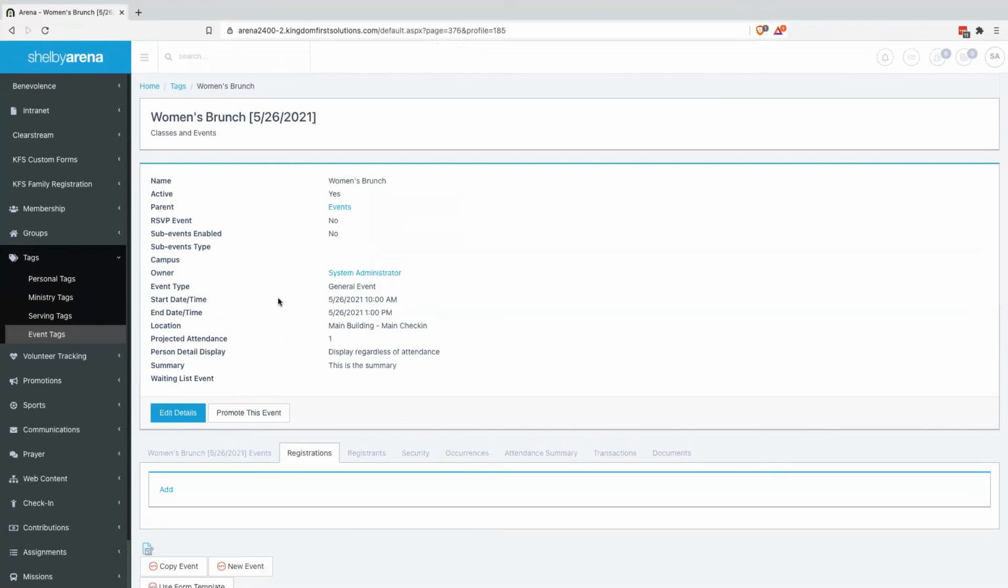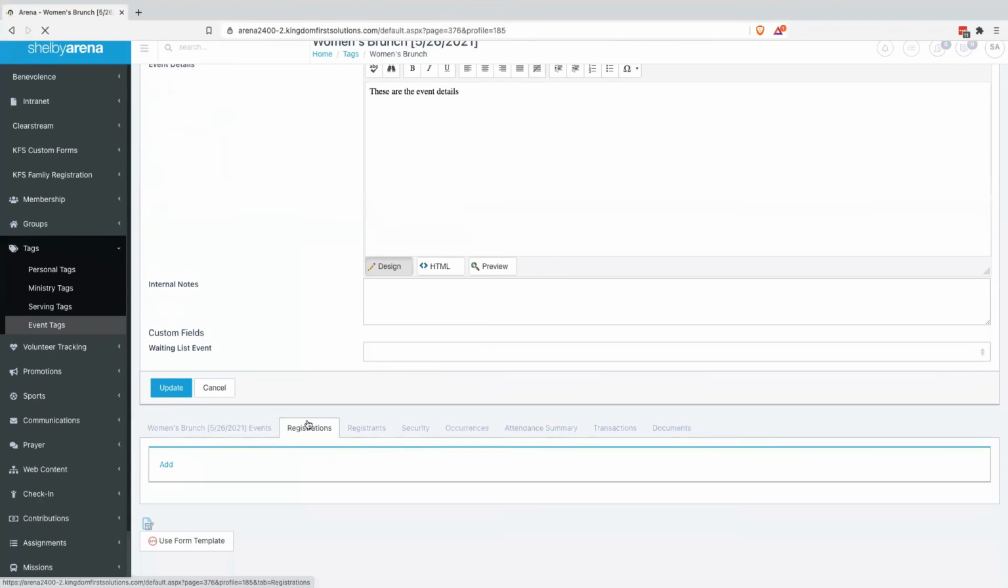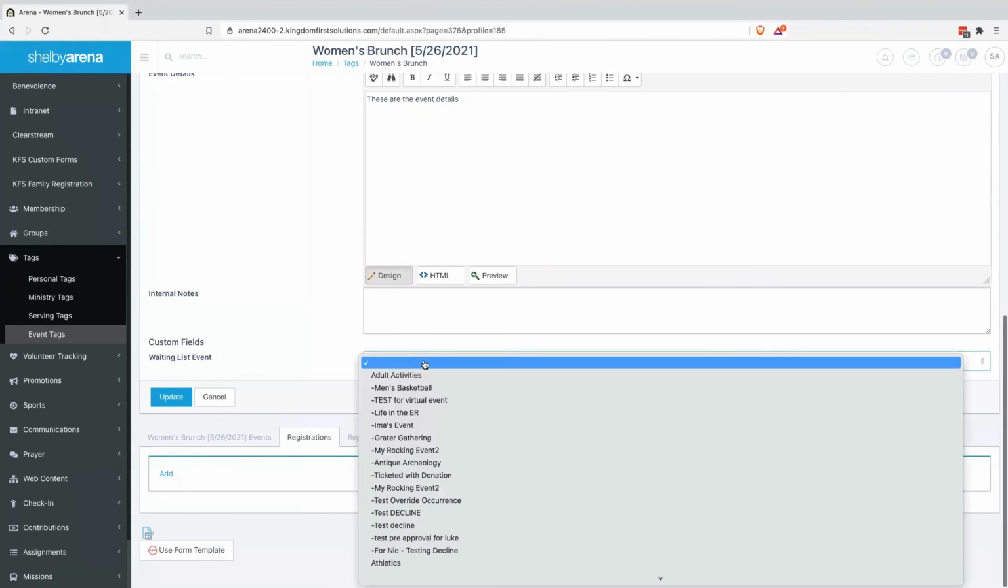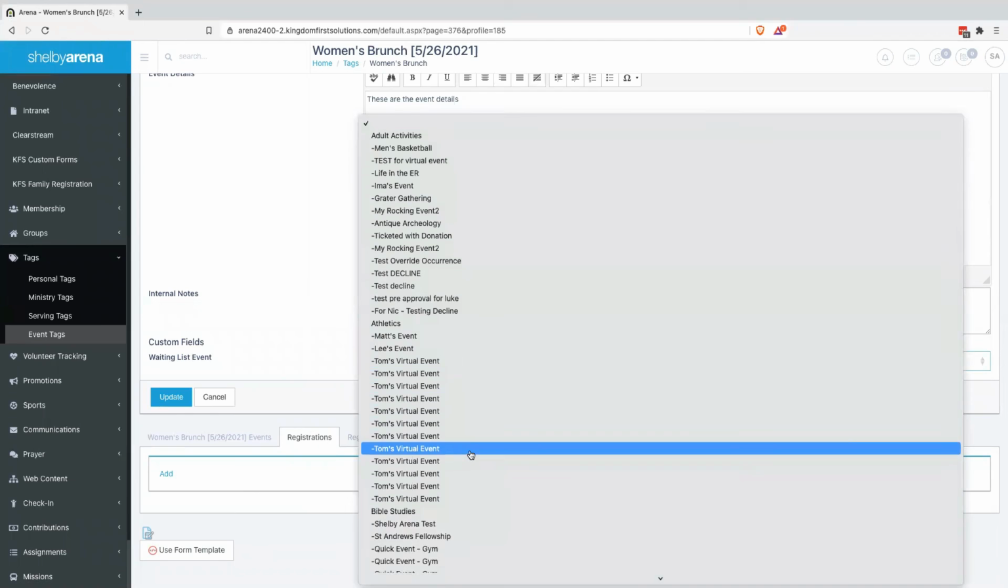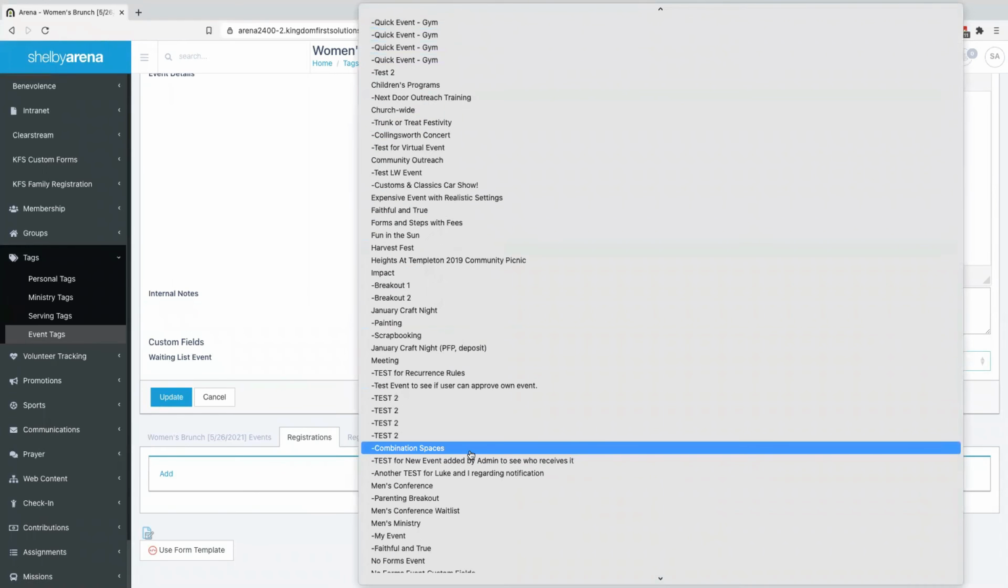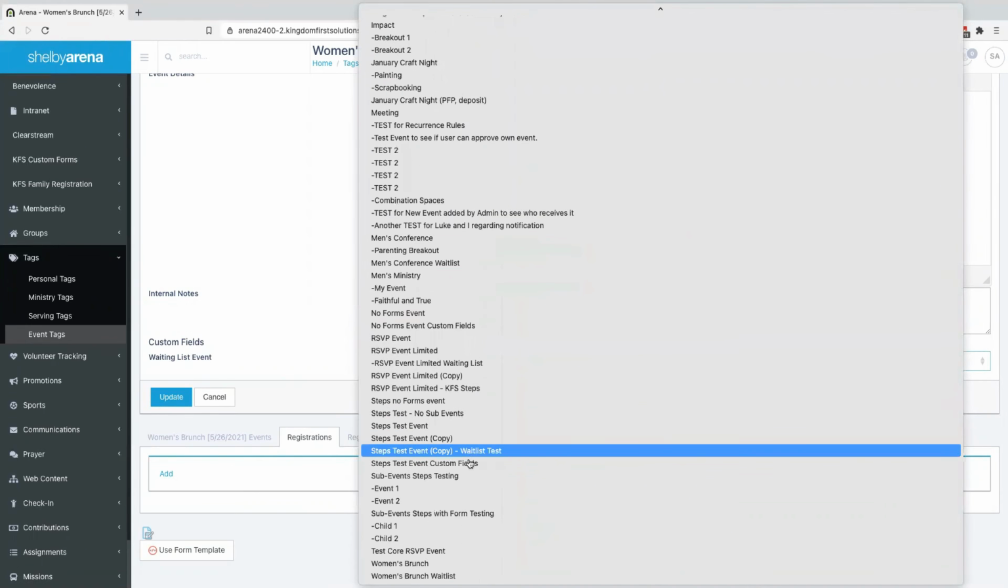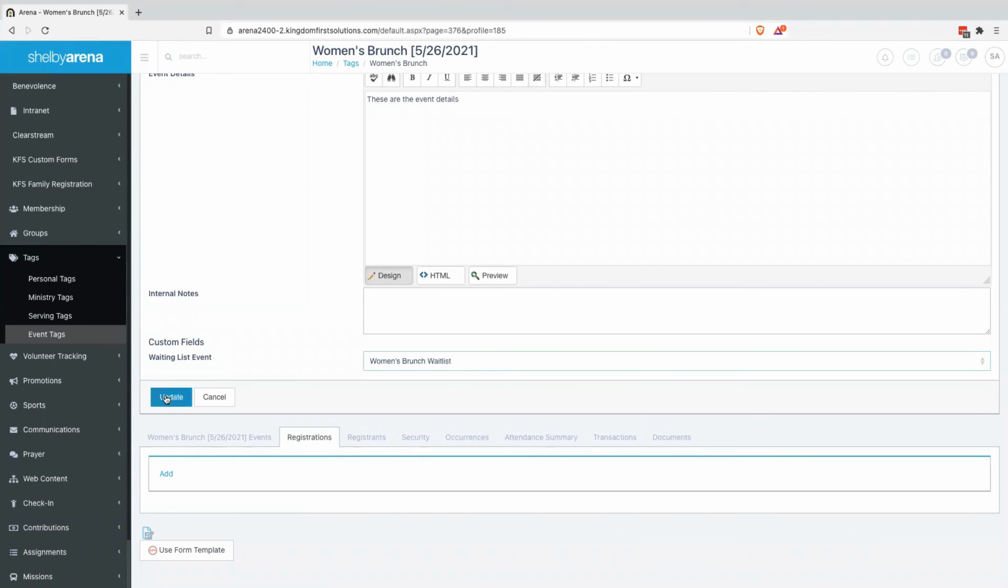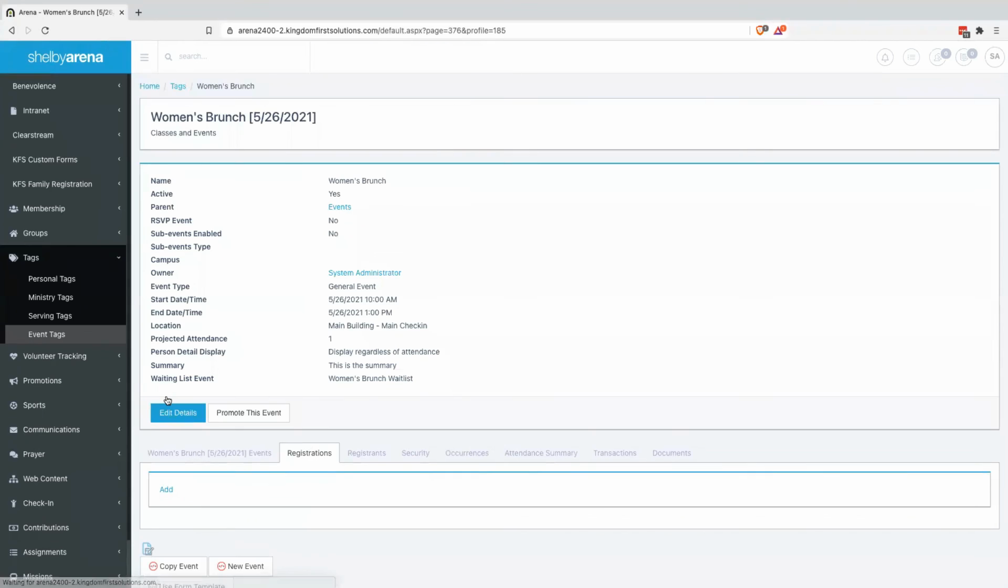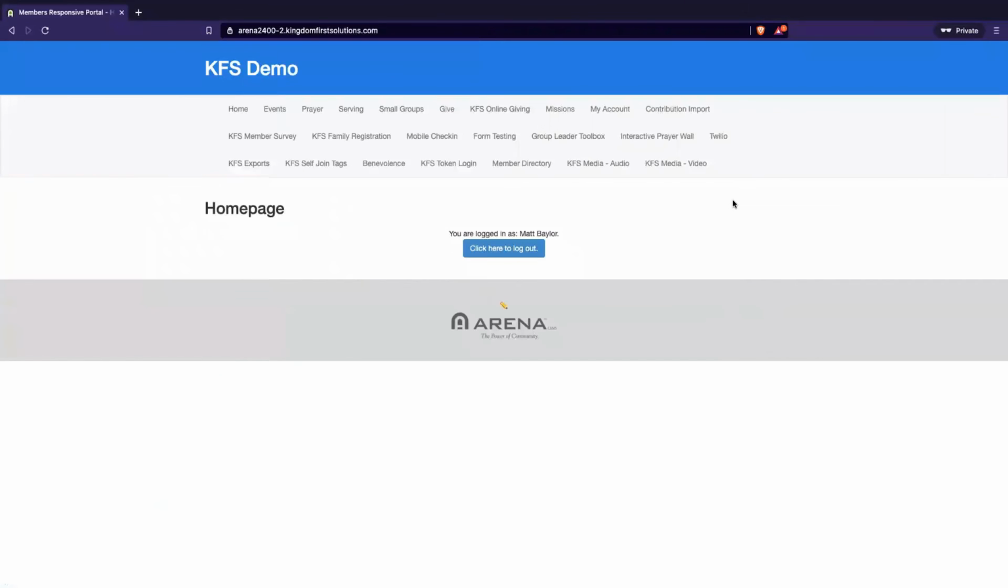So now that we've assigned that custom field group to this tag, once I come back in here, now I can actually edit the value on that. And, oh, look at that. It's a drop down now. It changed. That's awesome. So women's brunch waitlist update. Okay, now that this is all full and everything is happy there, we ought to be able to come over to here and let's go look for